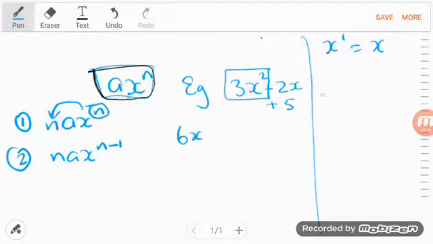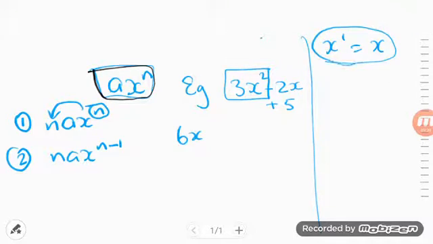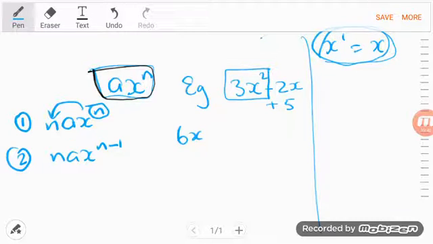Now, x by itself, we know from up here that is the same as saying x to the power of 1. Well, x to the power of 1 minus 1 is going to give us x to the 0. Anything to the power of 0 is going to give us 1. So we can have 2 to the power of 0 and it will still equal 1. We could have 1,000 to the power of 0 and it will still give us 1. We could even have infinity to the power of 0 and that will give us 1. So if that's the case,